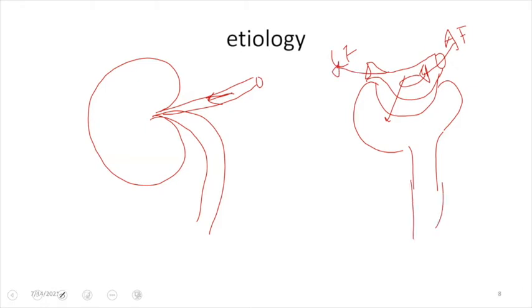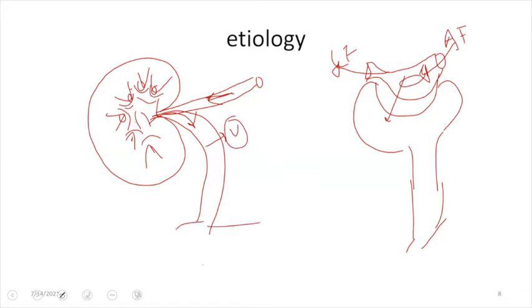And this is our tubules, and the tubules will eventually unite to form the collecting duct, and this collecting duct will unite to form a larger collecting duct, which will open at the tip of the renal papilla as the duct of Bellini. So these are the tips of the renal papilla, and the opening here is the duct of Bellini, and from here the urine will be collected into minor calyces, and from the minor calyces into the major calyces, and from the major calyces into the renal pelvis, which will let the urine flow out from the kidney in the form of the ureter. The ureter will carry the urine into the urinary bladder, and from the bladder the urine is taken away via the urethra, right?